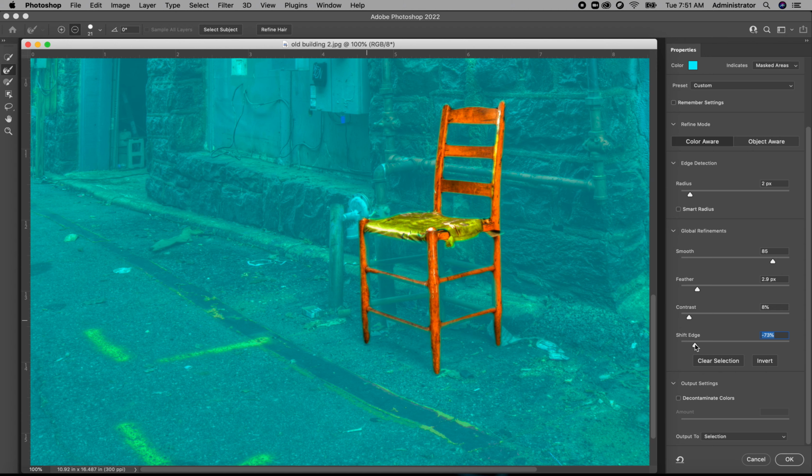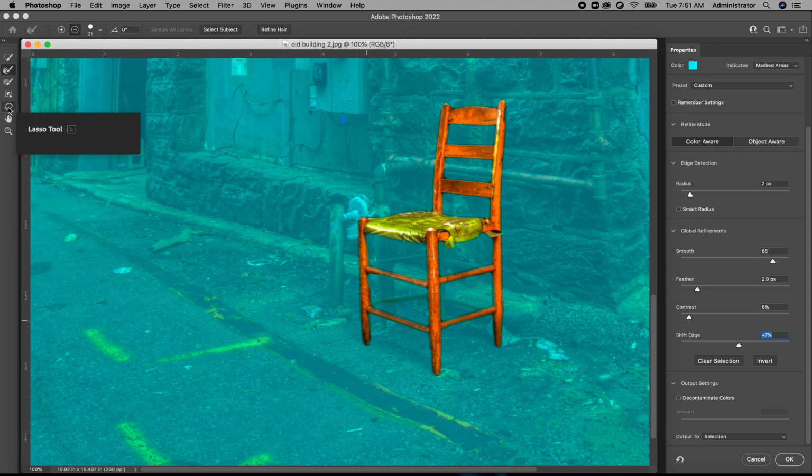And I'm going to do it a lot so you can see how it's eating into the image itself. If I move it to the right, it selects outside the image. In this case, that might actually be what you want, to shift a little bit outward because it wasn't. So you can see I have a much cleaner, sharper edge without spending hours upon hours coming in here and clicking back and forth on this. We've